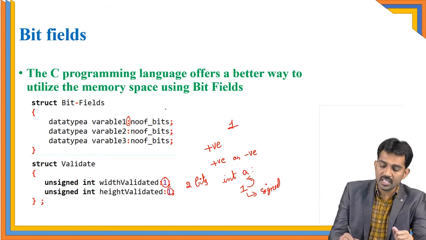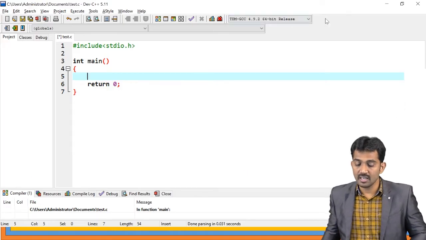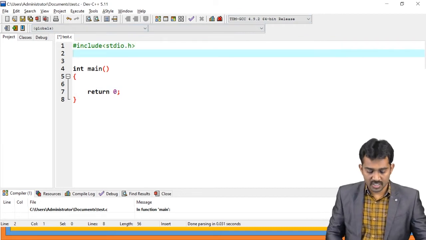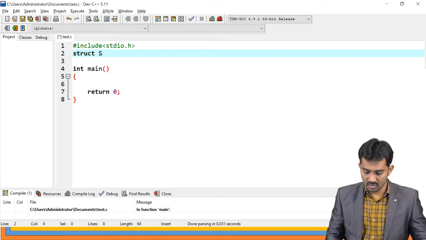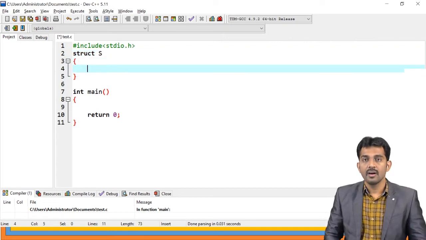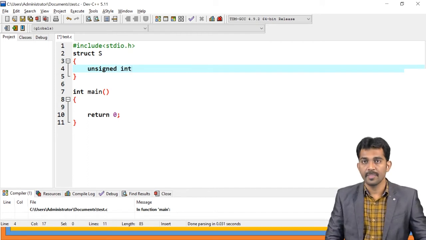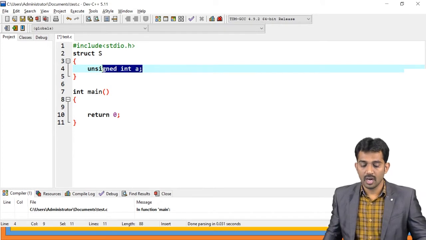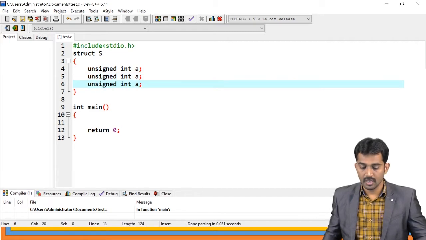With an example, it will be understood very clearly. Consider one example of status: struct, struct yes. Here I'm going to take unsigned int a, and I'm going to take 3 variables: a, b, c.